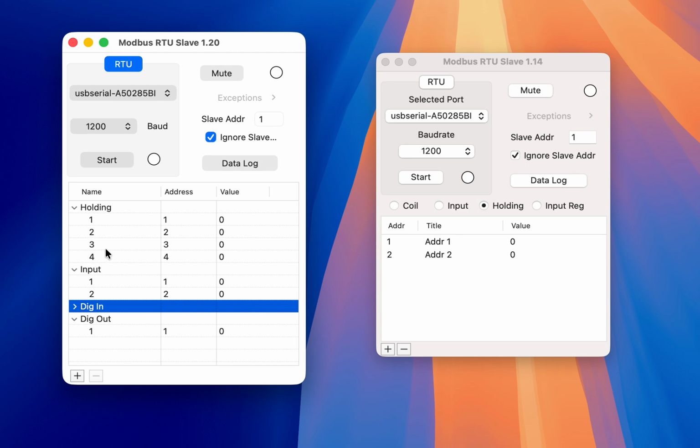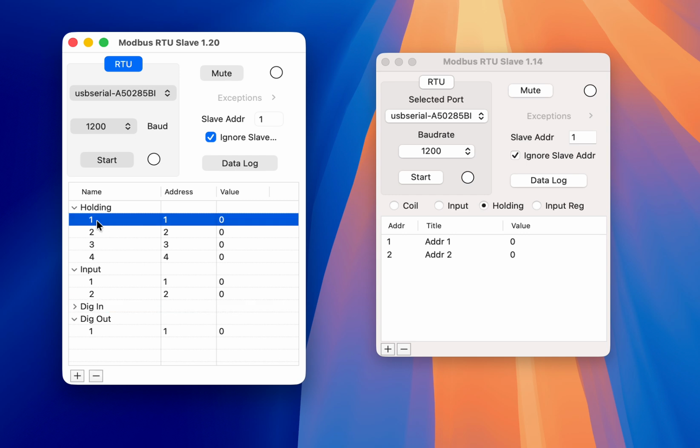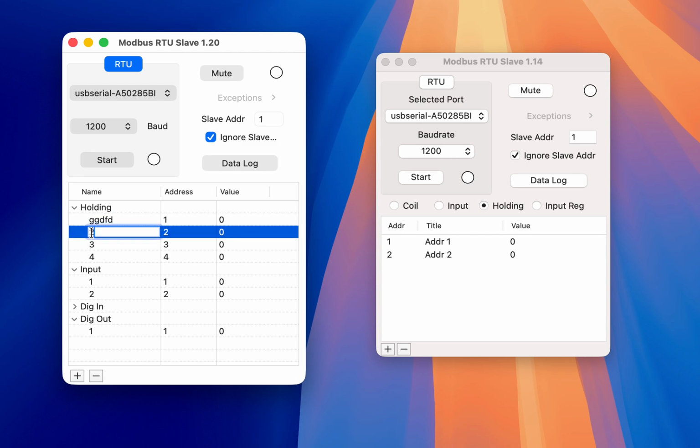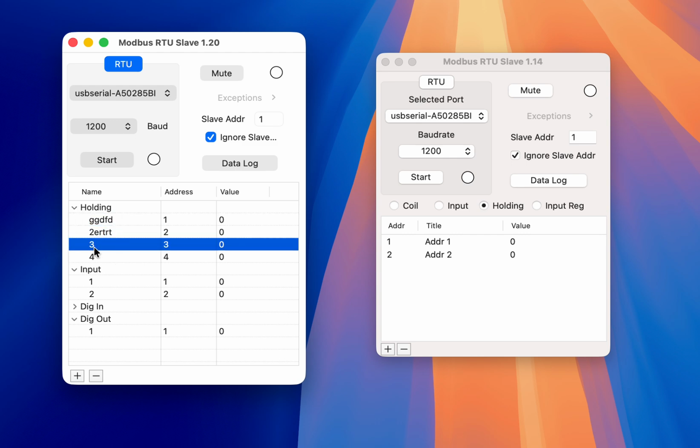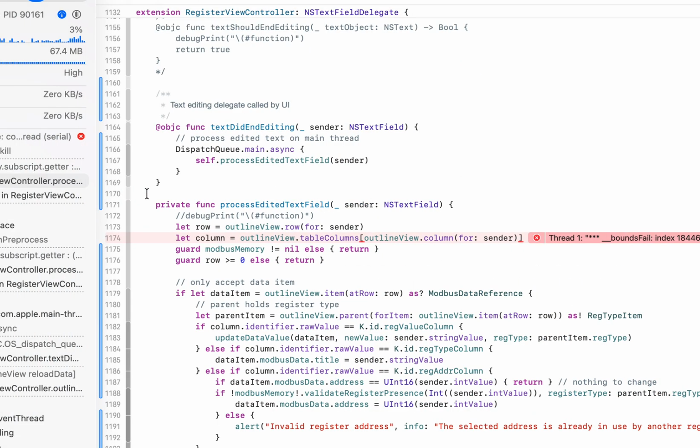The other difference is that we've now got the ability to do some sorting. So if we name our registers like we could on the other one, and we just give it some name and another name there, we can then click on this one